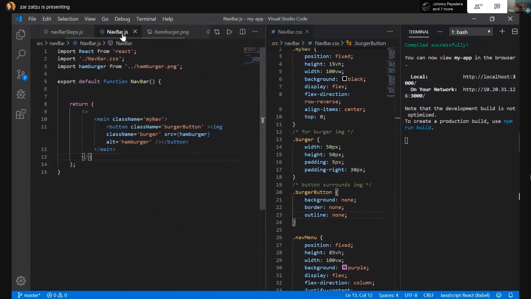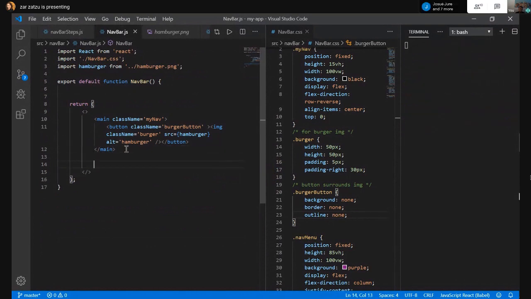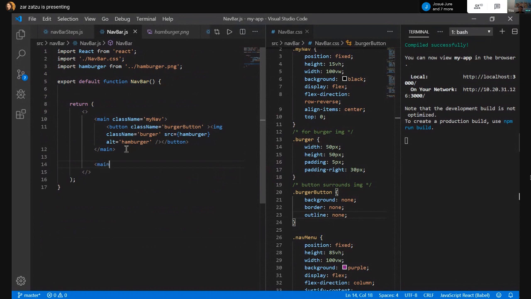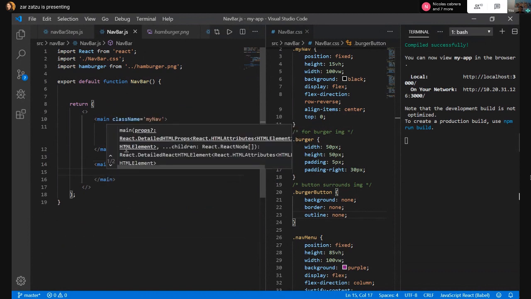So I'm actually going to just make everything inside this one component. And again, I'm not going to use a div, I'm going to use a main tag. And this will be our main nav menu. This is going to be the section which hopefully when it works, when you click the burger icon, this is the menu that will appear, and it's going to fill the screen and it's going to give you some menu items. So,